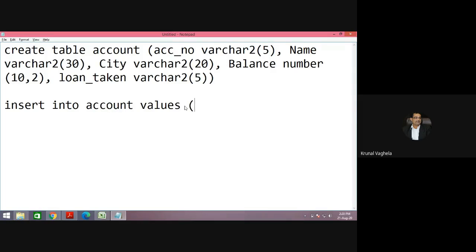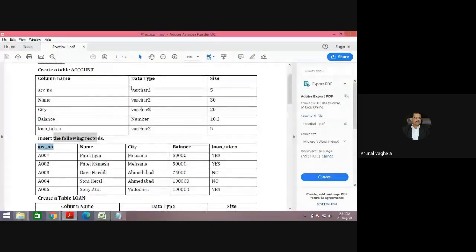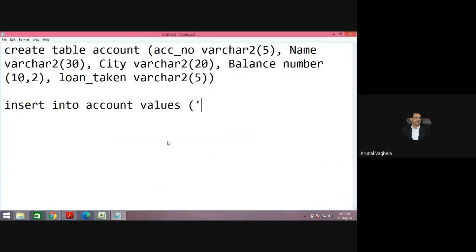Now if your data type is character, date or varchar2, then you need to use single quotes while assigning the value. As you can see, first we are entering the value of account number. Account number has data type varchar2, so I need to write the value in single quotes.